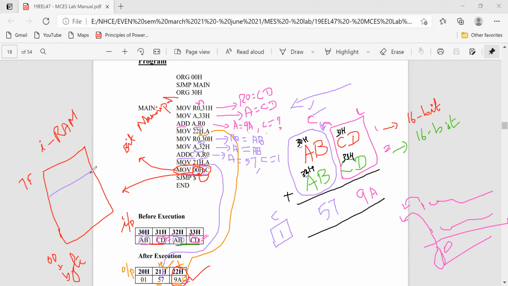So in that we have the specific location starting from, so I will keep here 20H to 2FH. Okay, so this is the location which is more specific for bit addressing. Bit addressing. So here the 00 is nothing but the starting location of bit addressing, 00H. This is your bit.